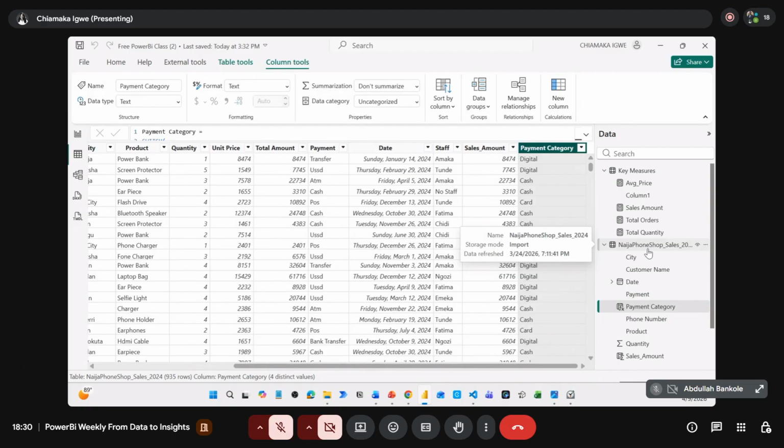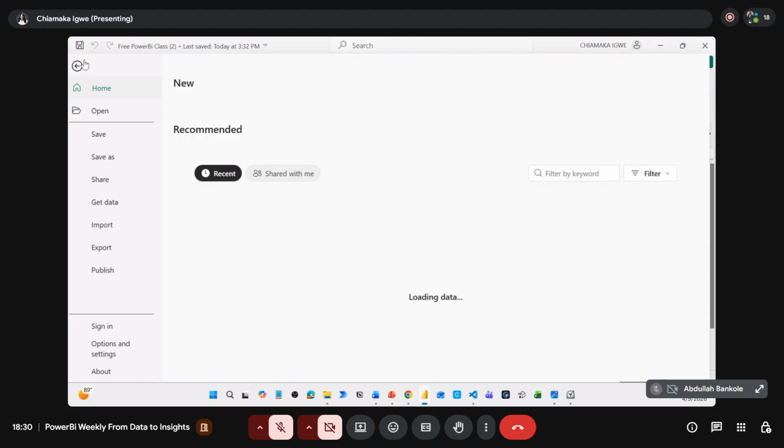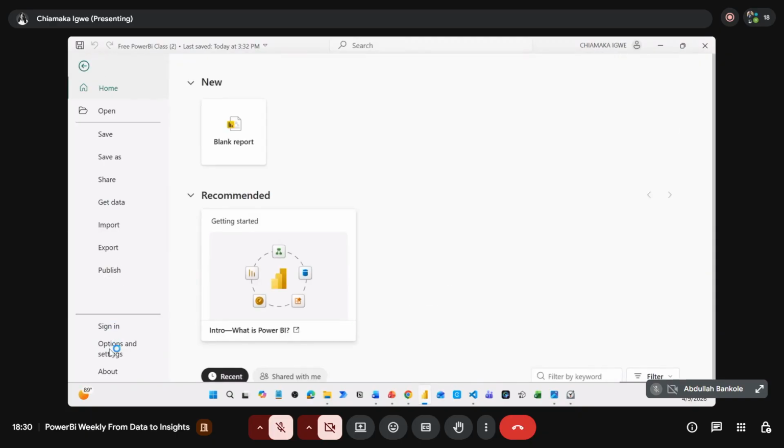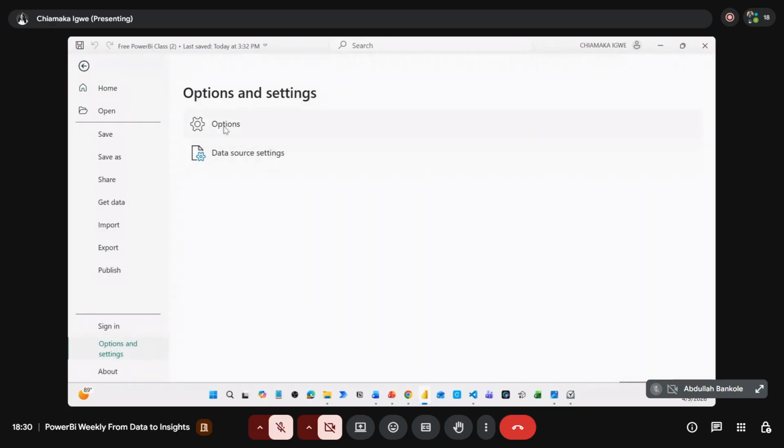But when you create your own separate date table and turn off the auto date and time setting, it ensures that you only have one date table within your data, and this will really help with the size of your file. So to turn off the auto date and time, click on the file, options and settings, options,